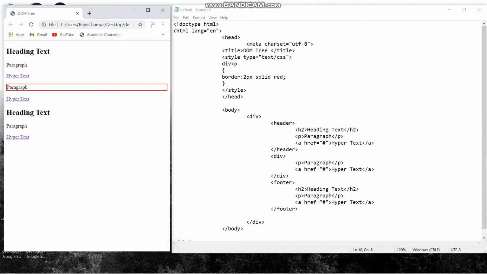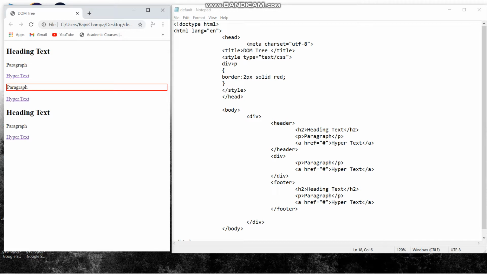If we understand it that way, the reason the major division tag's paragraphs didn't all get highlighted is that not all the paragraph tags inside this division are direct children of the major division tag. So if we give div greater than p, this will highlight the paragraph inside the division tag which is inside the major division tag.